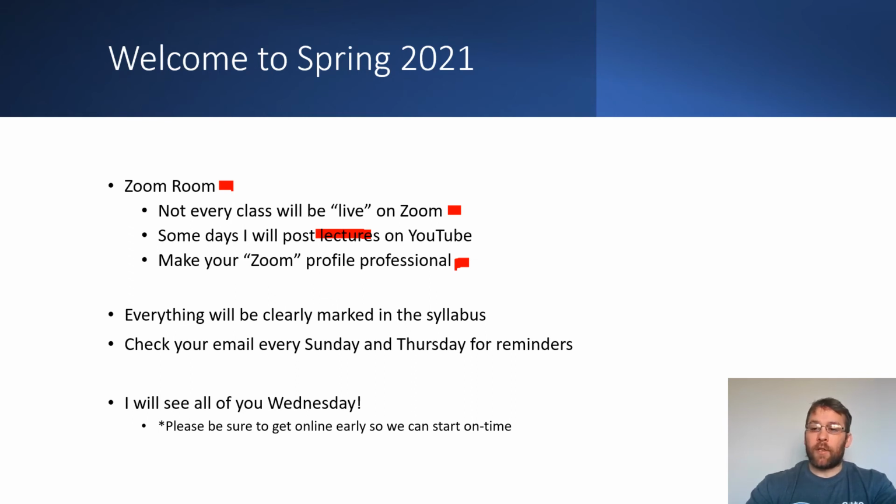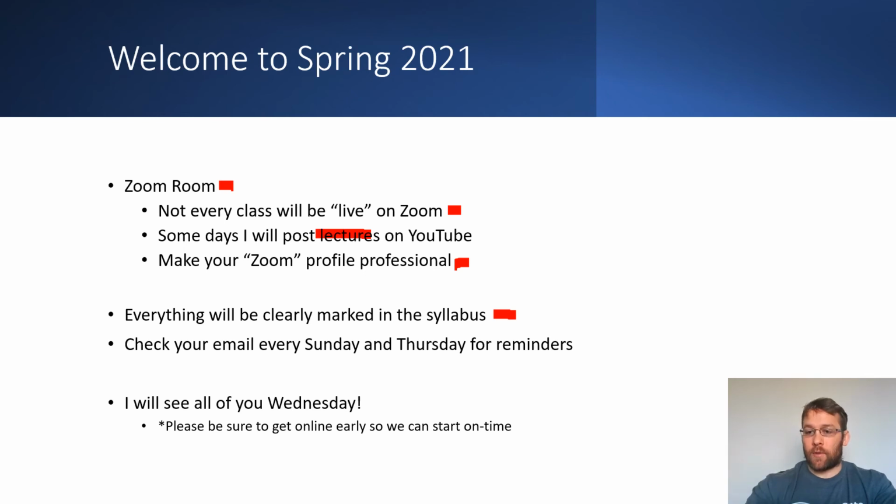All right, so make sure your Zoom square is all situated into an appropriate learning environment for Wednesday when we start class. Everything will be clearly marked on the syllabus as far as the days that we meet and don't meet live on Zoom. It's a very clear syllabus. For those who had me last semester, you know exactly what I'm talking about. What I do know is that this Wednesday during your class time, we are meeting live in Zoom. So this Wednesday, be there. I'll have the syllabus ready for you, and we'll go from there.